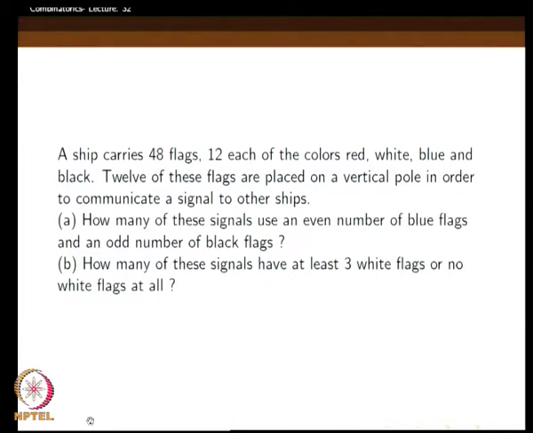If instead of 12, you are looking for something more, for instance some other number, then also we can get the answer, that also will give you the correct thing. Now we have a